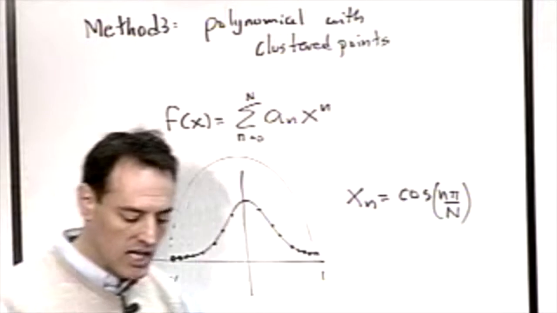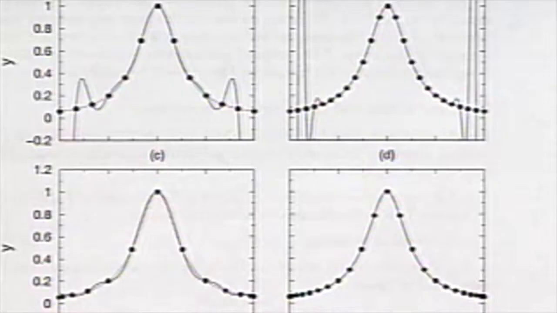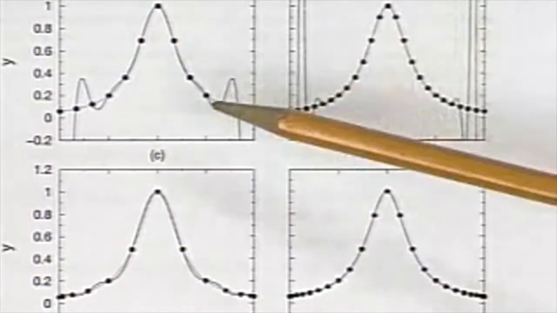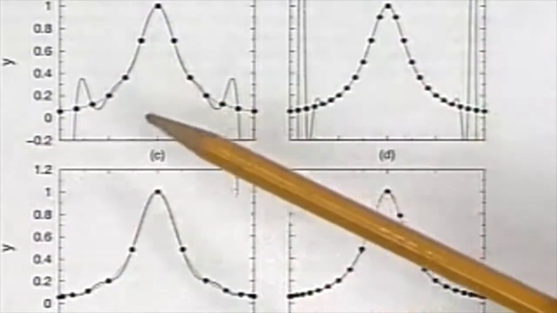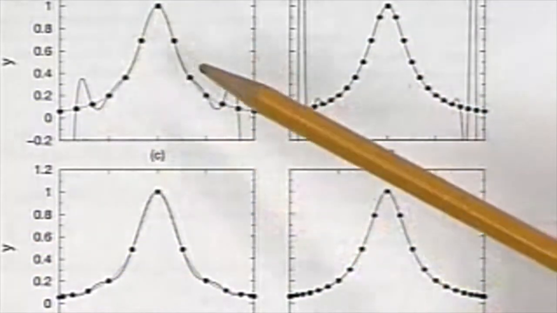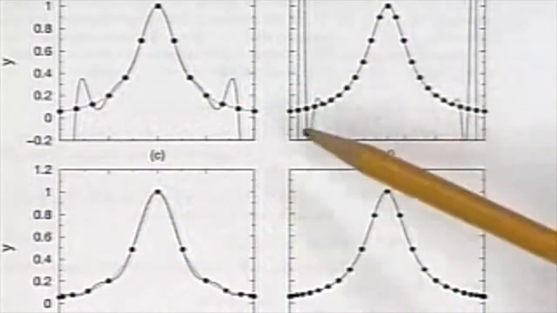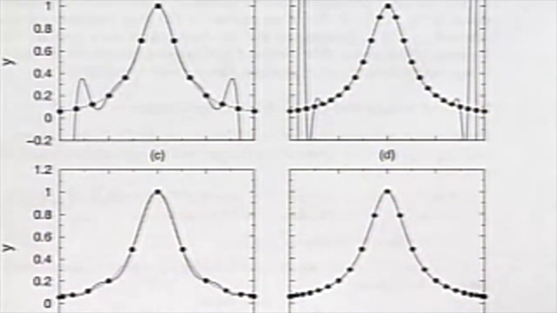So when I do this, can I approximate this function well or not? Remember, now I'm going to show all 4 pictures here. The top 2 is what I showed you previously with evenly spaced grid points. In particular, when I had n equals 12 and n equals 24, you can see it does a nice job, but then you get this huge amount of wiggle at the edges. So the polynomial wiggle basically makes this method up here completely useless. However,